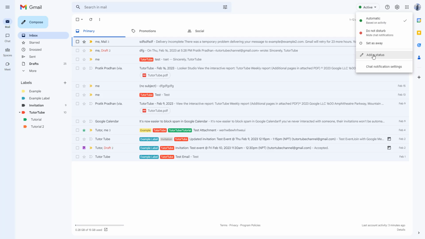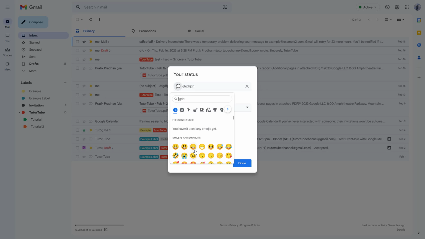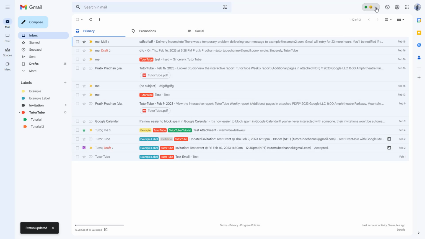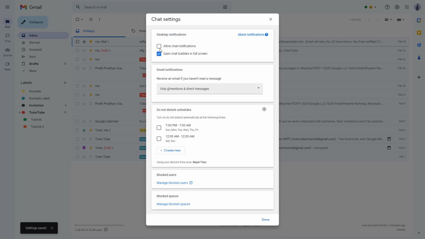But I'm going to add in a status as well. You can add in a status like out sick right here, or you can type in your own right here and choose an emoji and click on done, and then your status will be set accordingly right here. You can also change the chat notification settings right here and allow chat